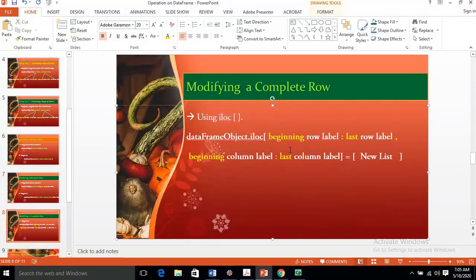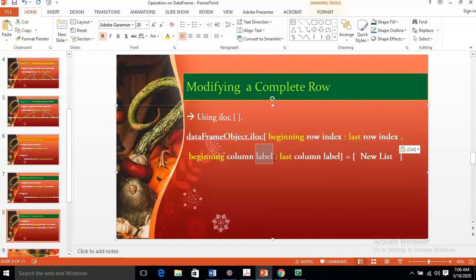ILOC method. For this, you need the beginning row label and last row label, no, sorry, ILOC is here, then not label. Here it will be index. If you want to use the label, then you use LOC, not ILOC.